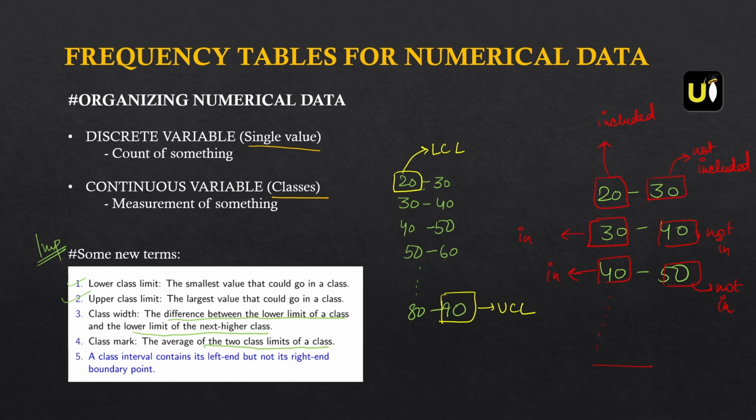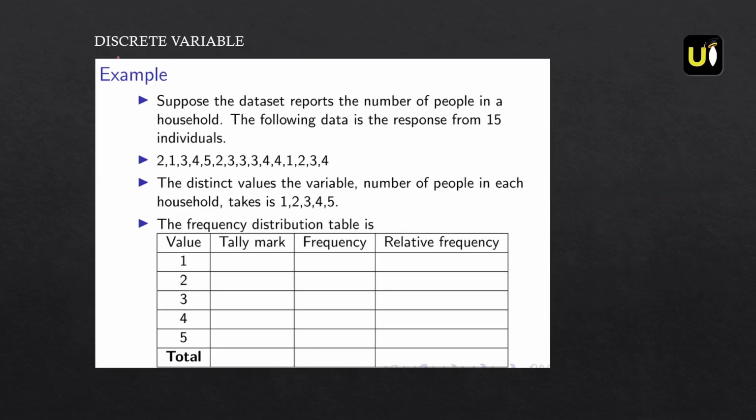Now we have an example of discrete variables. Suppose a data set reports the number of people in a household. The following data is the response of 15 individuals. The distinct values the variable, the number of people in each household, takes are 1, 2, 3, 4, 5. So we need to make a frequency